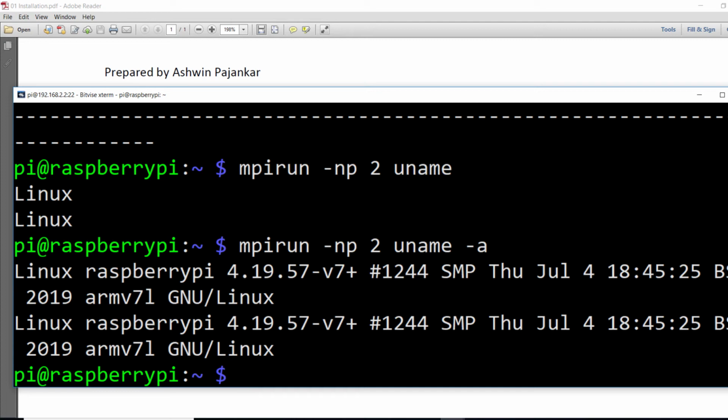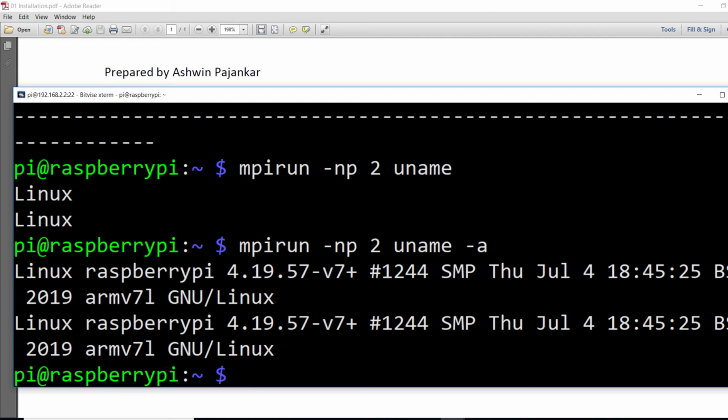Okay. So this is how we can use MPI run for launching a utility with multiple processes. So whenever you are going to use this hyphen np and any number after that, it is going to create that many number of processes, and then it is going to launch that particular utility, and you are going to have the output accordingly.